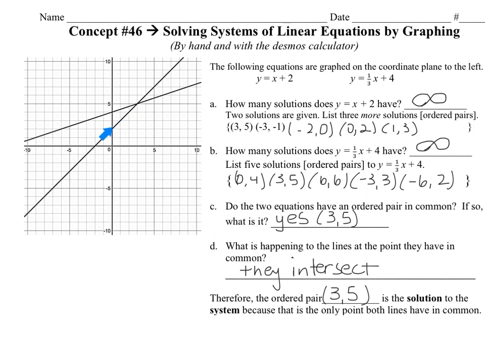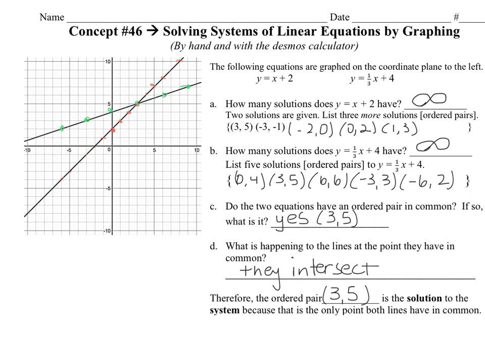You could also just find solutions by picking ordered pairs on the line, right? So like (0, 2), (1, 3), (2, 4), (3, 5). So basically, I've just given you a sample of some solutions. So anything that falls along the line is considered a solution. Same with the other one, 1/3 x plus 4. Well, that would be this line. So my y-intercept here is (0, 4),